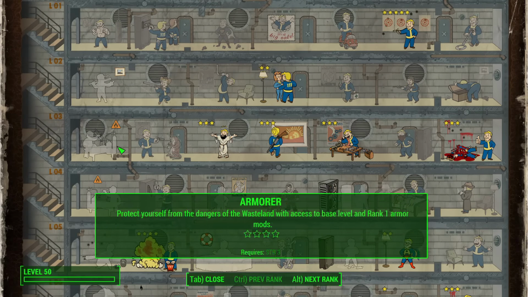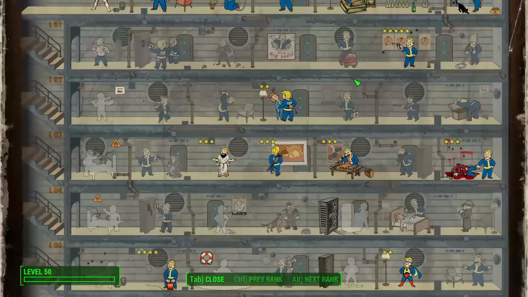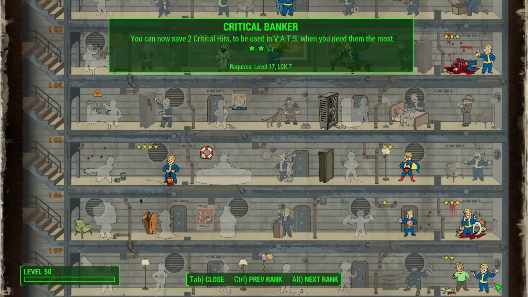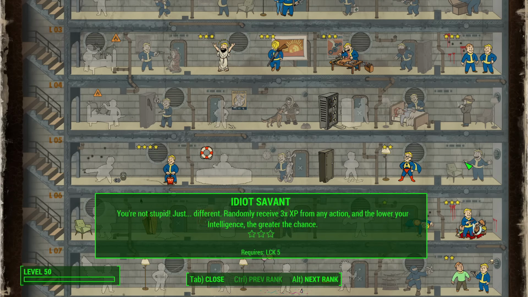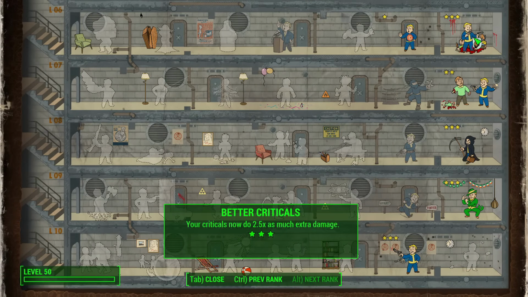If you go ahead and do what I did and don't take Idiot Savant, it's going to take a while to level up because you're running low intelligence and you don't have Idiot Savant. So if leveling up quickly or efficiently is something you care about, then I definitely would take Idiot Savant as well. And then pretty much, as you can tell, I went down the row of luck perks